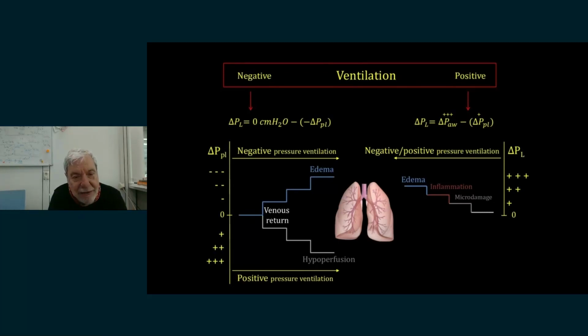And sucking blood means more fluids and also usually more edema. For the same very high tidal volume of respiration, the negative pressure may be even more dangerous in terms of generating edema than the positive